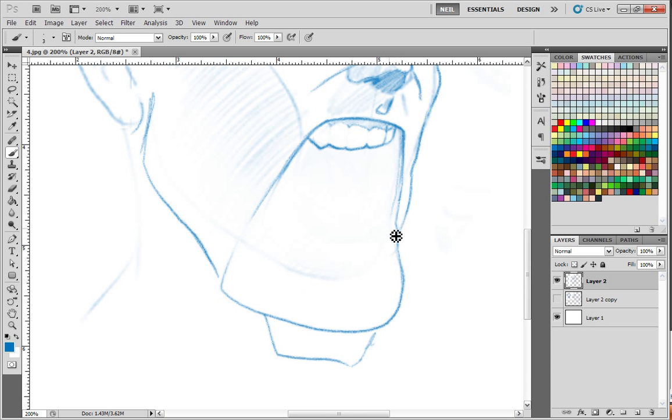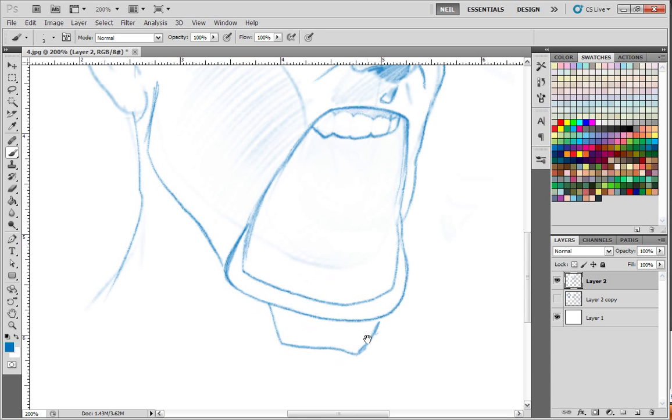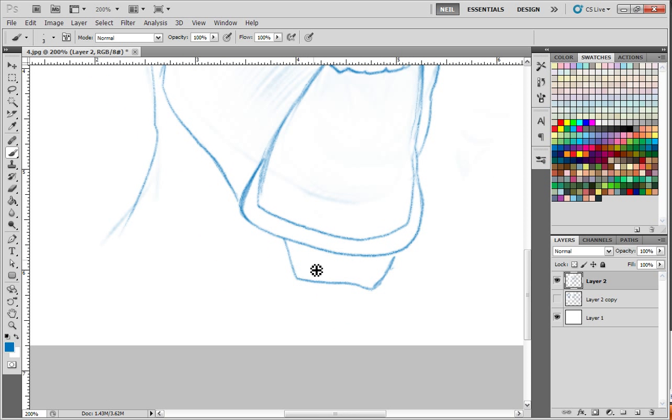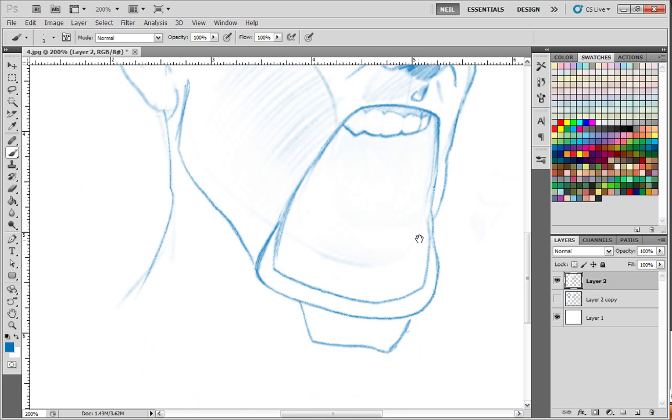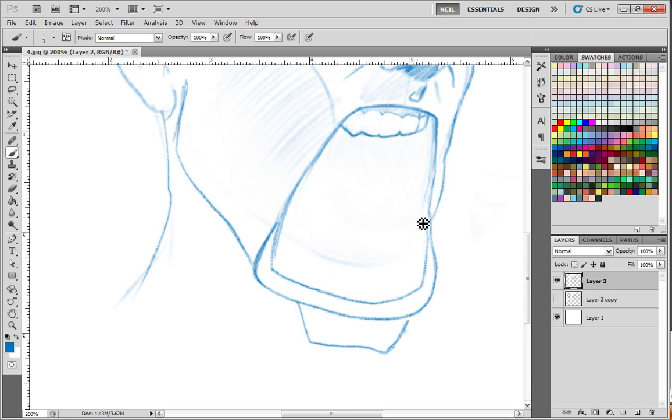I want to kind of hint at some of the lip coming down there, and then this bottom lip is going to be huge and exaggerated since we're doing this crazy kind of art here, exaggerated artwork. Even if you're doing a normal comic book, you can actually get away with just doing something like I'm doing in my End of All series with the elves and stuff. I can get crazy and let's say take Cloud at one point, and let's say he gets really angry at one point. I can actually draw him with a crazy extended open mouth like this, and I get away with it most likely because